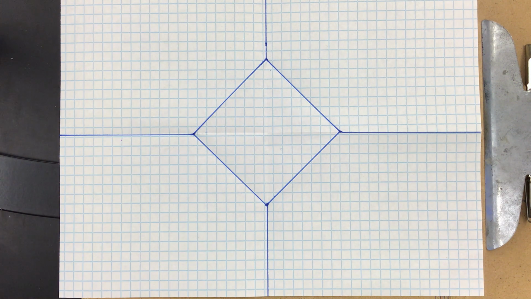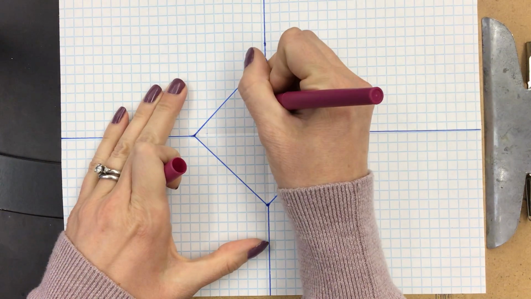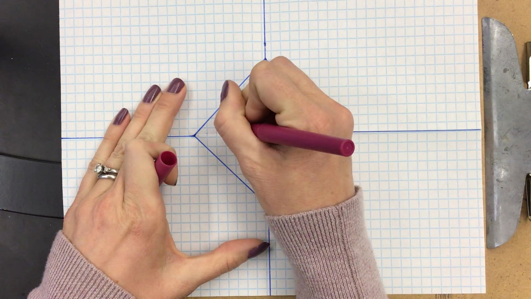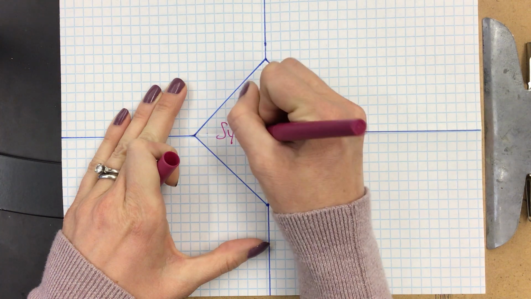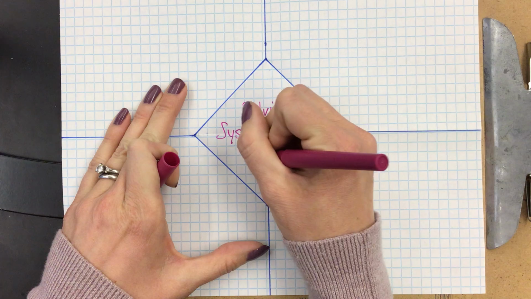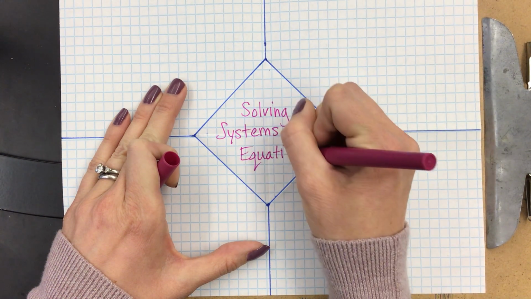Okay, so what we're going to do is look at what strategy or what method for solving systems of linear equations would be appropriate given the equations for each problem, okay? So we can put our title here: solving systems of equations,